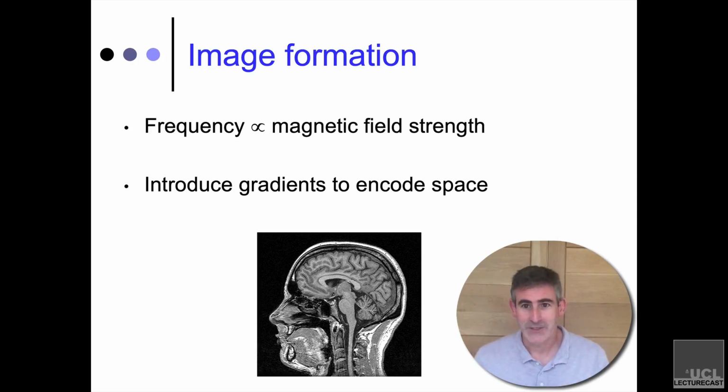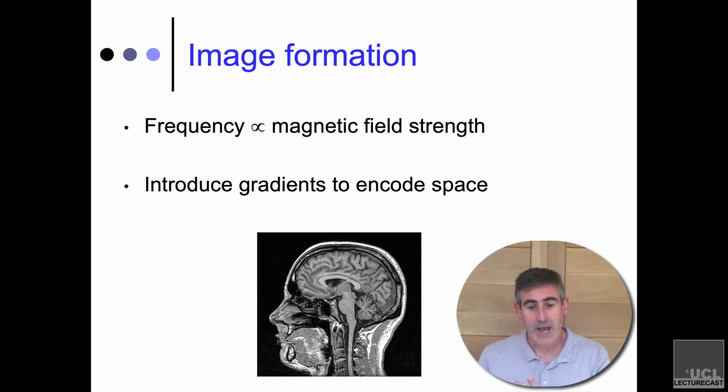That's exactly right, and is one of the very clever things about MRI, because the energy that you put in is proportional to the strength of the magnetic field. So the frequency that you put in is proportional to the strength of the magnetic field. So if you just have a single magnetic field, you put one piece of energy in, you get one piece